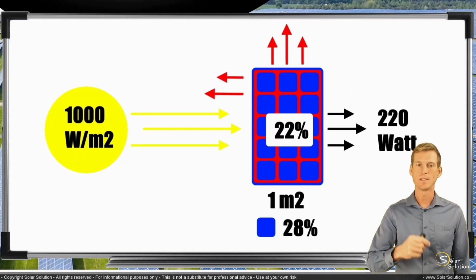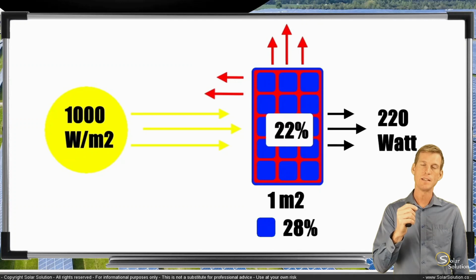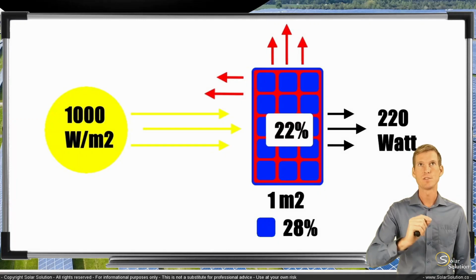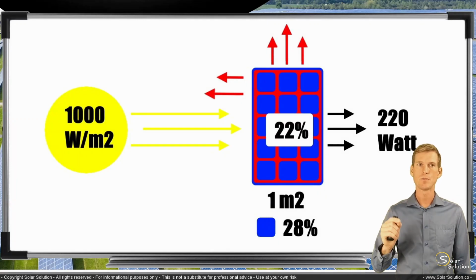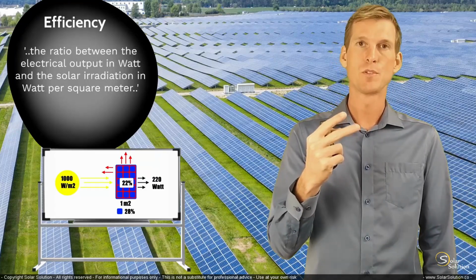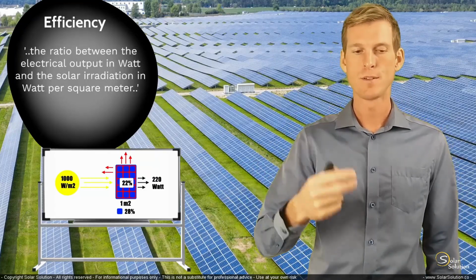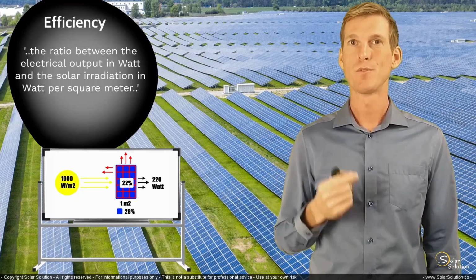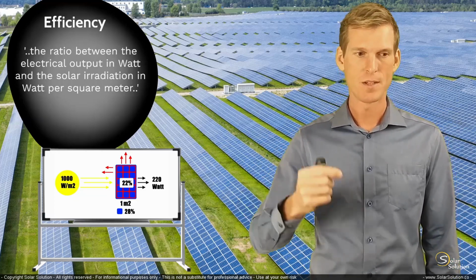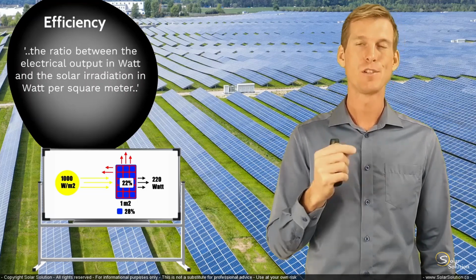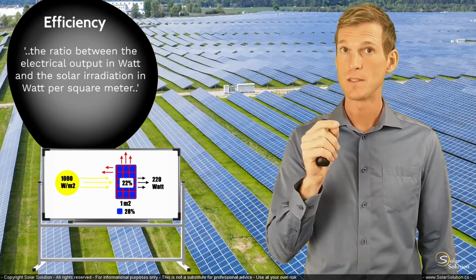So now that you know exactly what efficiency is, how it's being calculated, and now that you understand exactly the difference between the efficiency of a cell and a module, I want to run you through two examples which you might come across in real life, to make absolutely sure that once you start shopping for your modules, for your panels, that you'll be able to distinguish between the efficiency of a cell and the efficiency of a module. Because please keep in mind,